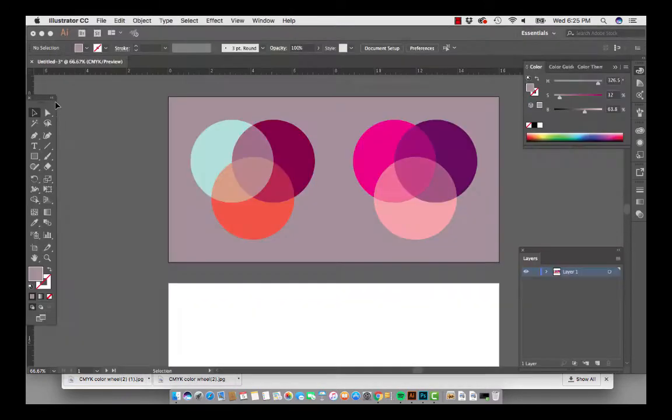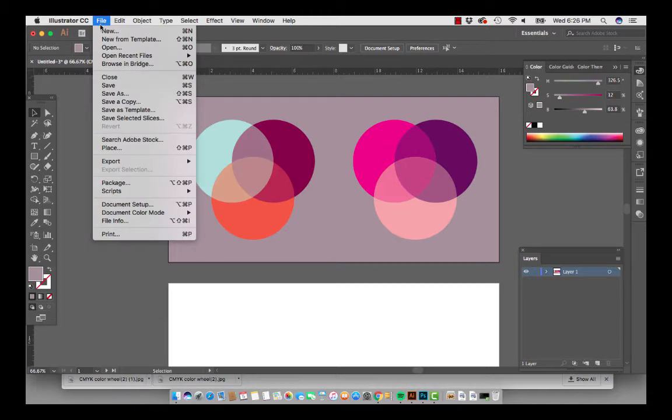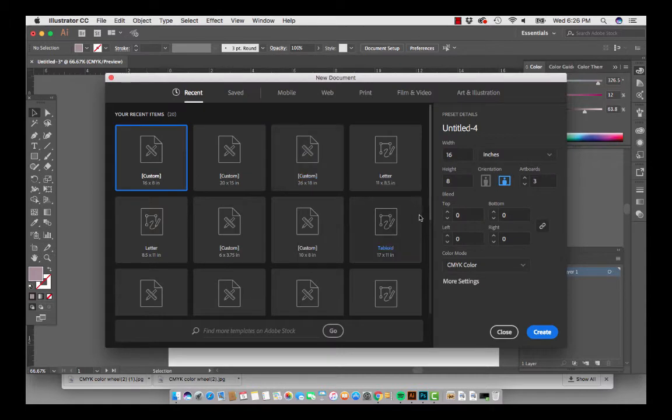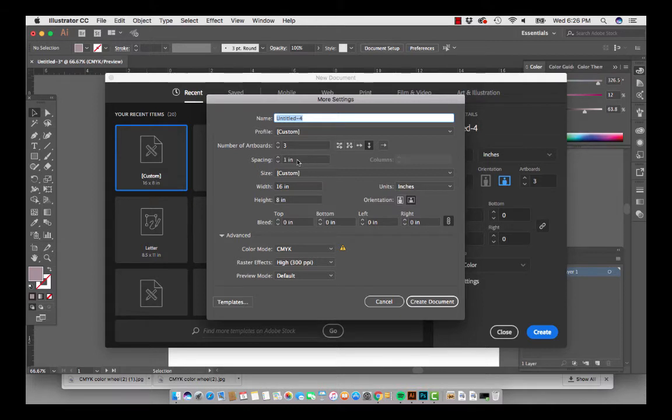Now let's create a new file in Illustrator. Because I've done this, I've got a template right here, so I could just select that and it would give me the dimensions. We're going to create an artboard that's 16 inches wide, 8 inches high. Let's create 3 artboards, set it to CMYK color, then go to more settings and put a space of 1 inch between them, and arrange by columns. Then when you create the document,